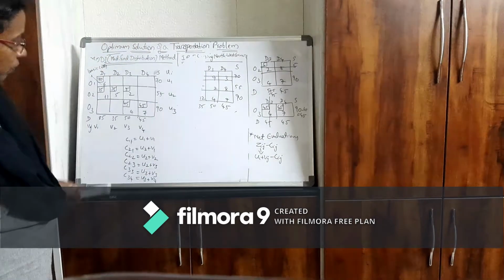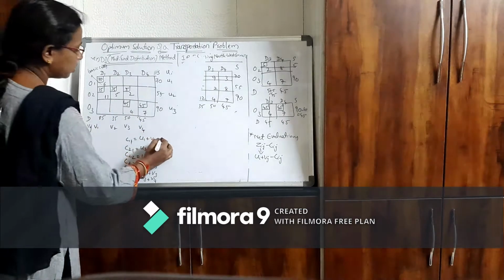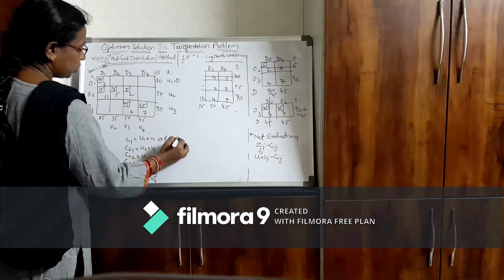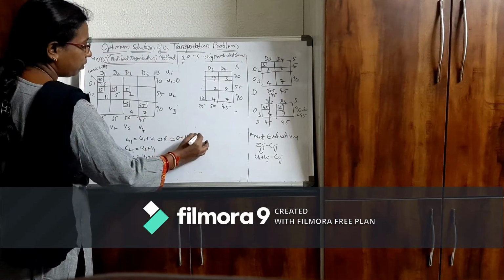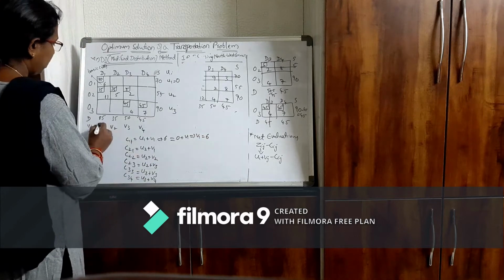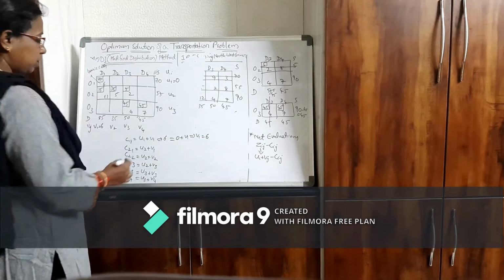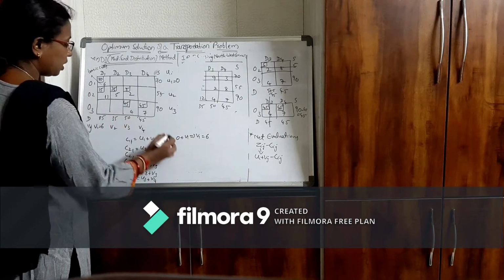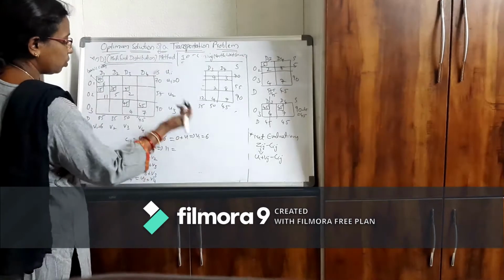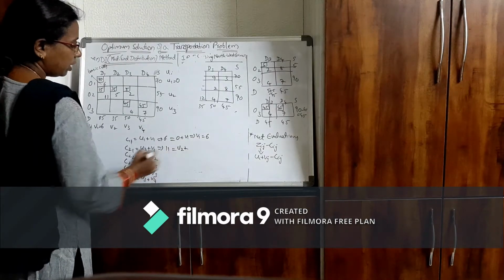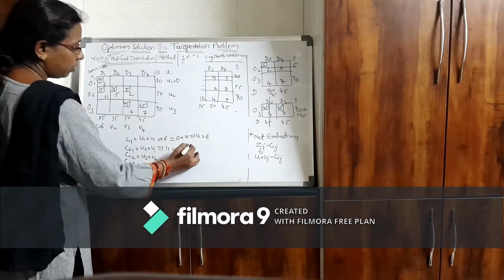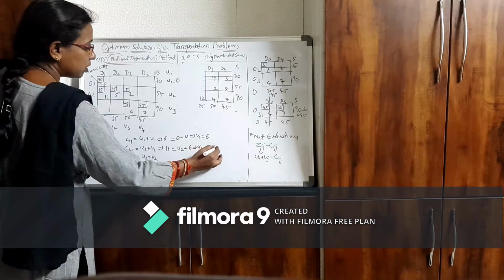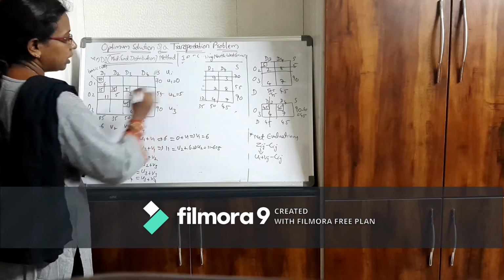Now what is C11 here? C11 is 6. So 6 equals, first U1 I will take as 0, so 0 plus V1. So V1 is equal to 6. Then C21 is U2 plus V1. C21 is how much? 11. So 11 equals U2 plus V1. U2 we don't know, so write it as U2 only, but V1 we know, V1 is 6. So U2 is equal to 11 minus 6, which is 5. So I got this as 5.